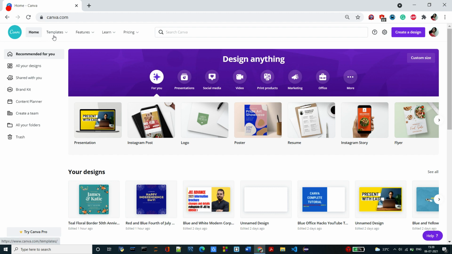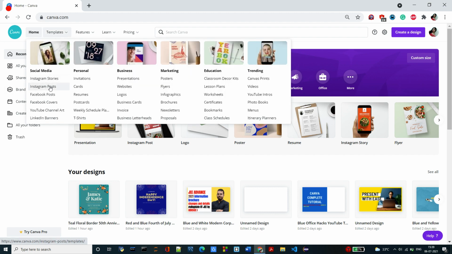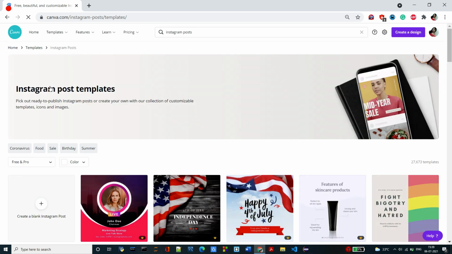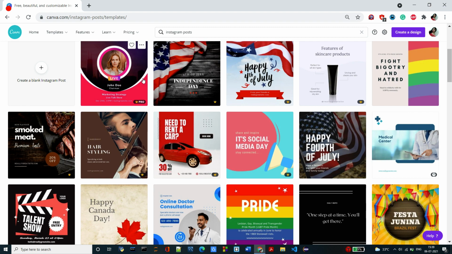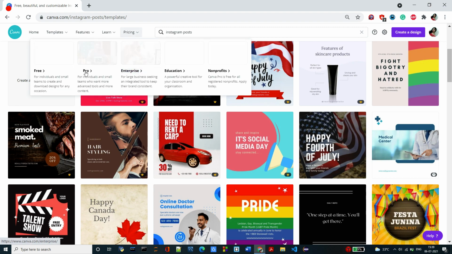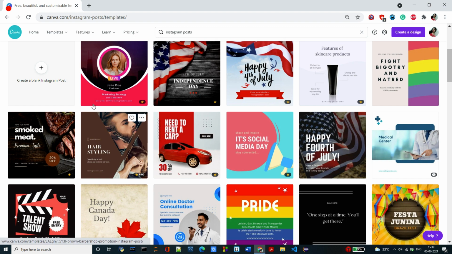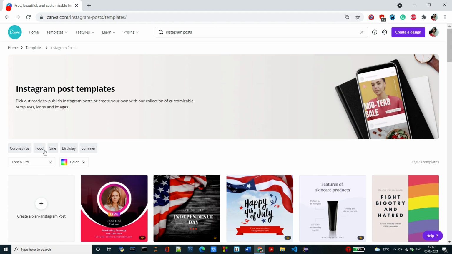So let's select one template here. This is for Instagram post. Just select that one, double click, and then this one is for the pro version. Like if you have made the subscription of Canva, then you can use this template, or otherwise, if you haven't taken the subscription, then you can use this free template.